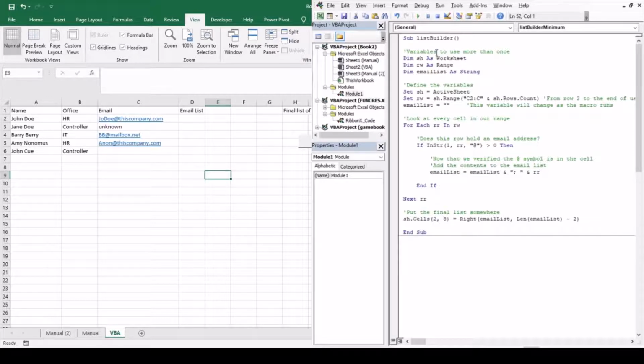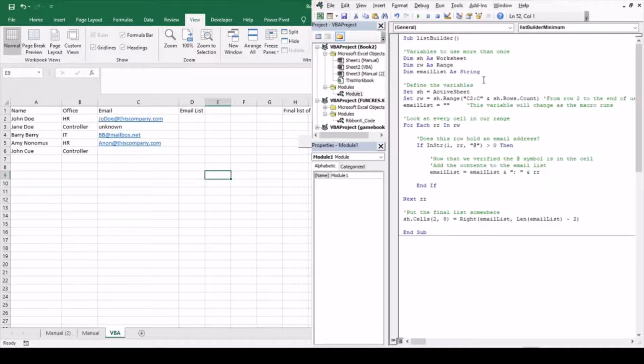Everything in green is something that when you run this, the computer throws it away. It's not for the computer. This is for anybody looking, reading, or interacting with your code. So what we have up here are variables. Variables you use more than once, or when you update a variable, it then updates consistently everywhere, and that's the